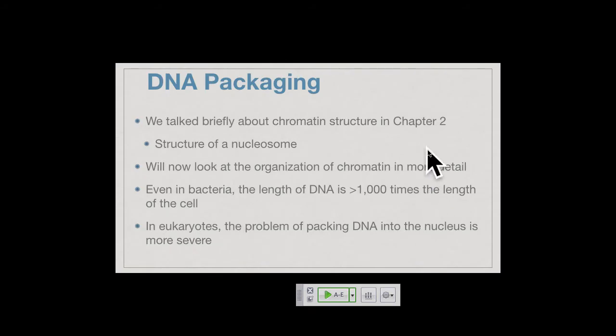So here's the problem. As I pointed out at the beginning of the course, these DNA molecules are huge. And this massive amount of nucleic acid has to be packaged into the cells in a fairly small space. Even in the bacteria, which have fairly small genomes, and I've shown you pictures where the DNA is just spewing out, there has to be some way of compacting it.